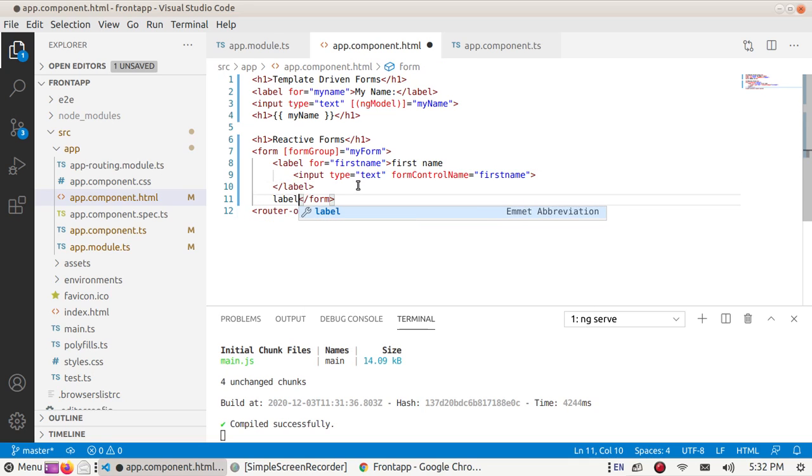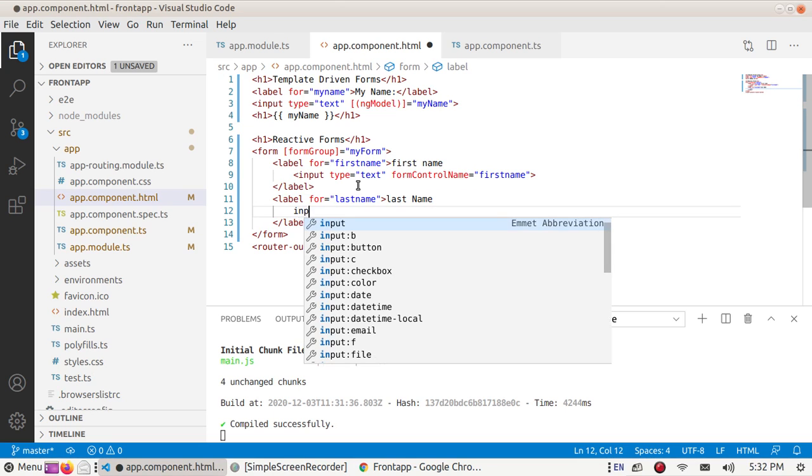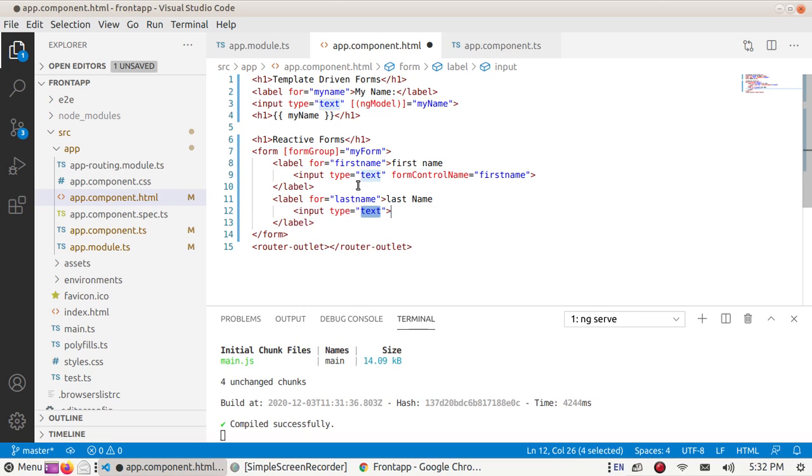Another field, label last name, and input field, form control name last name, and